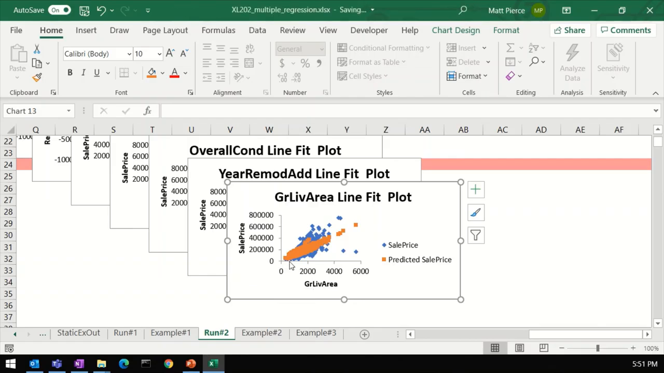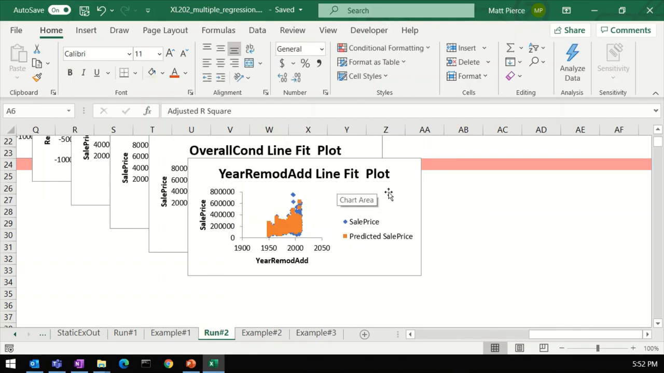Look at that, interesting. The blue actual sales price, some of it goes up and some of it goes this way, and the predicted shoots right down the middle, and there's our error. You can see the error, the blues that are off of the orange, the actuals that don't match what we're predicting. And the interesting one, year remodel,